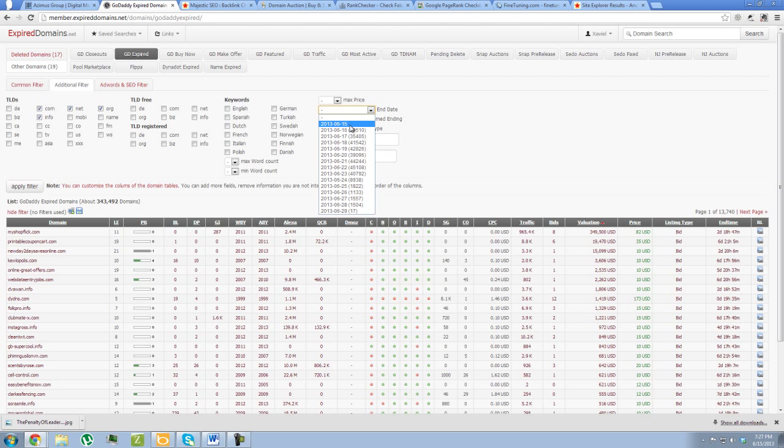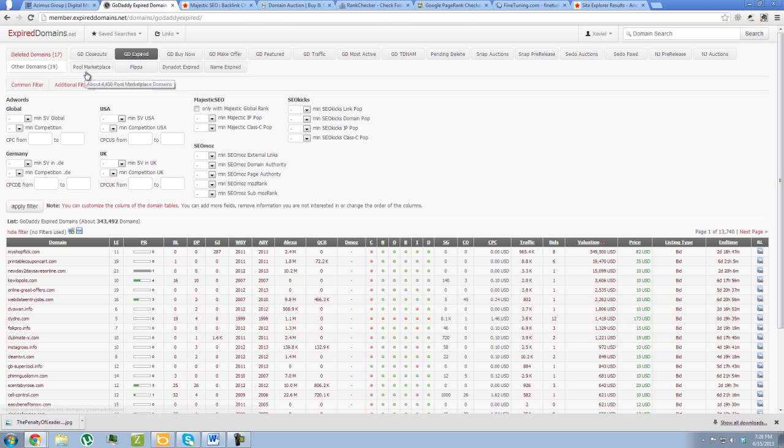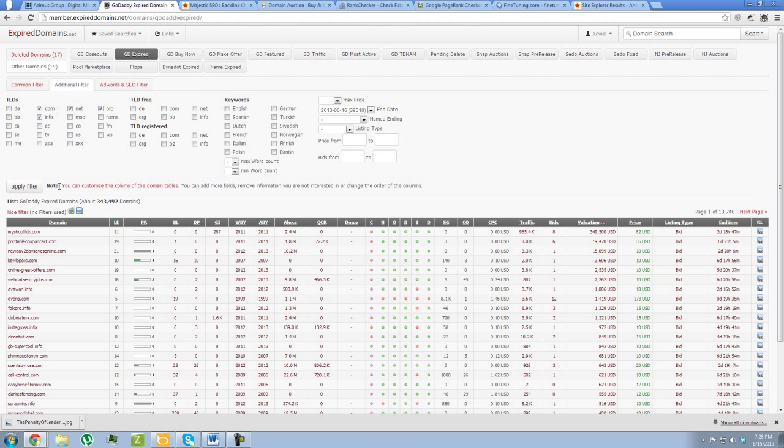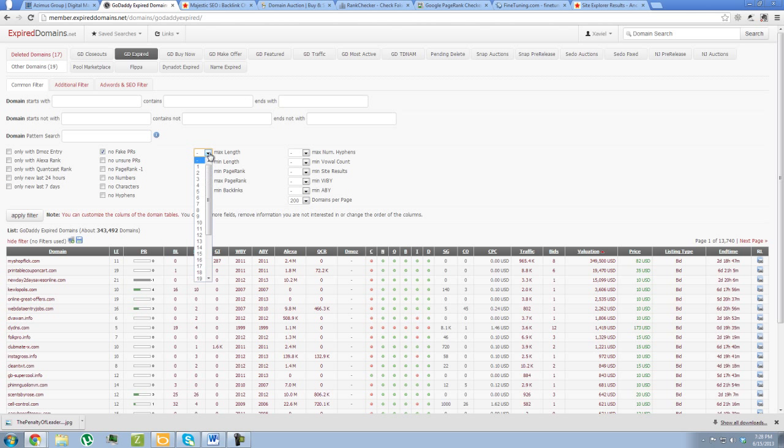So we check that, and then end date. It's useful if you're looking for a domain for, let's say, today. So you would put today's date, so the auctions are expiring today. It could be within an hour, within a few hours. And then here I actually don't select any settings. So yeah, that's good. Oh, the length. That's the length of the actual domain. Sometimes I don't want to bother with huge domain names, so I click 30 here. So we can hit apply filter,